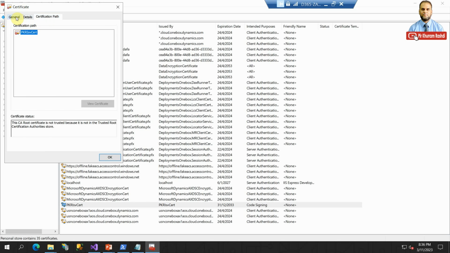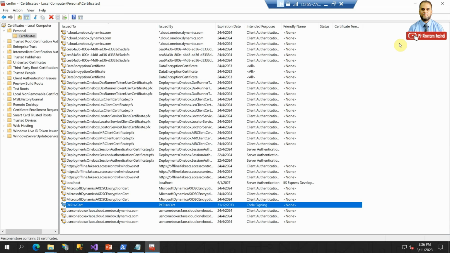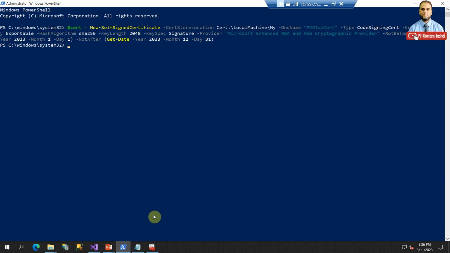In this way you can generate a certificate for your purposes of coding or development, but this will not be trusted because this is self-signed and it is only available to this development box or this PC. So this is not internationally recognized. So only for development purposes or for this demonstration we will be using this. So this certificate has been generated, and afterwards